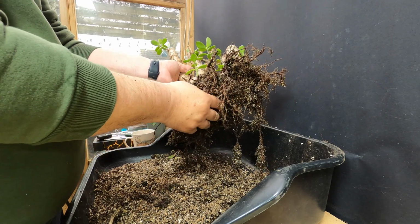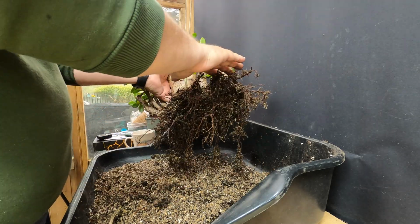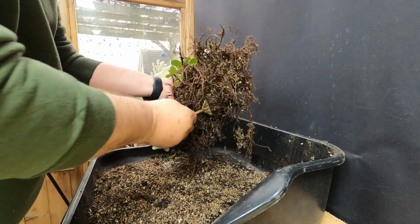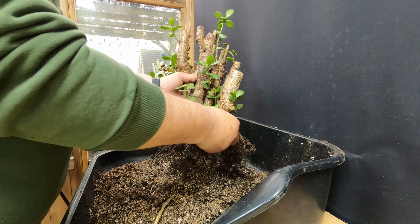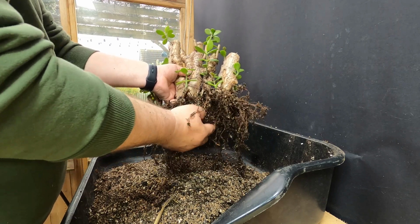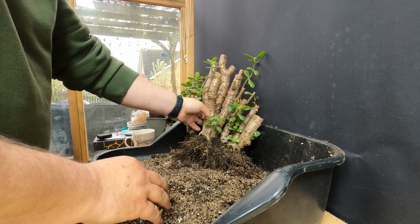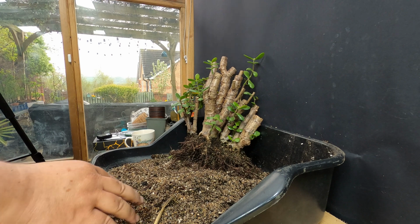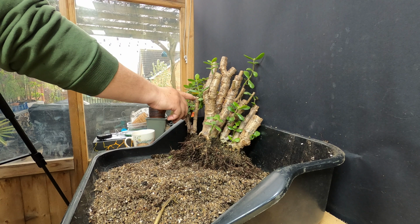So I think we might be able to lift the tree up a little bit and expose more of this top nabari, hopefully. But what I'm going to do is get most of this soil out, as we are doing, and I think I'm going to give it a good rinse off, and then we'll come back and see where we're at, see what roots we've got, and start thinking about getting it into our new tray and making some decisions about how we go forward, because we've got some interesting branch structure,